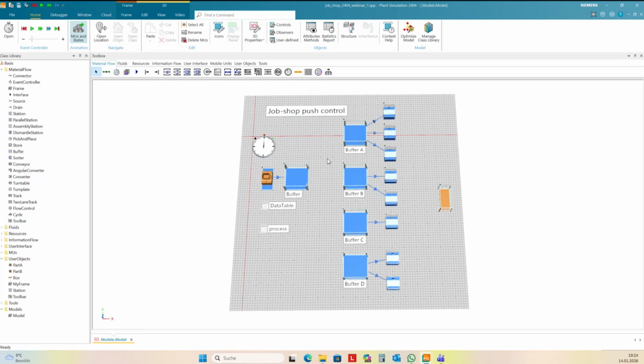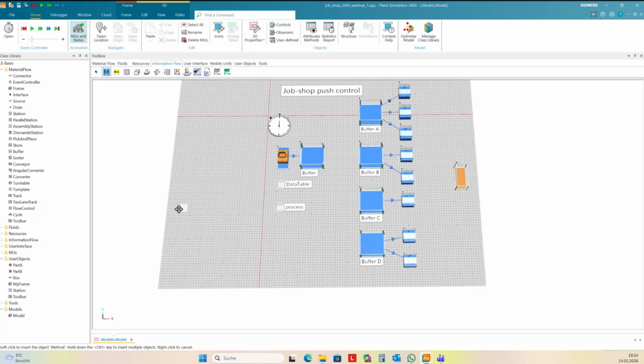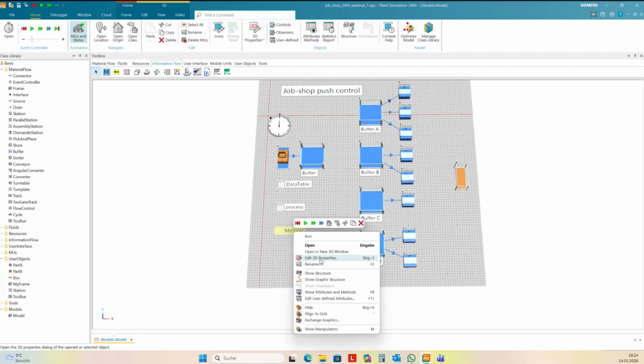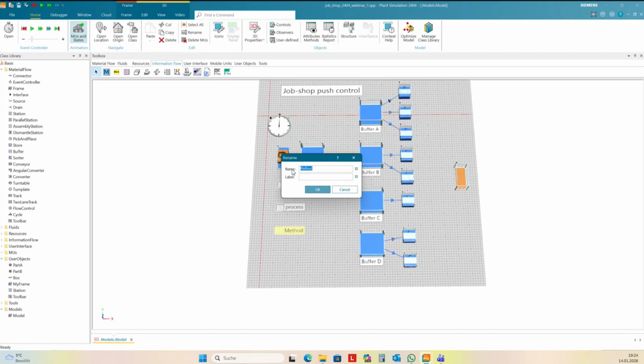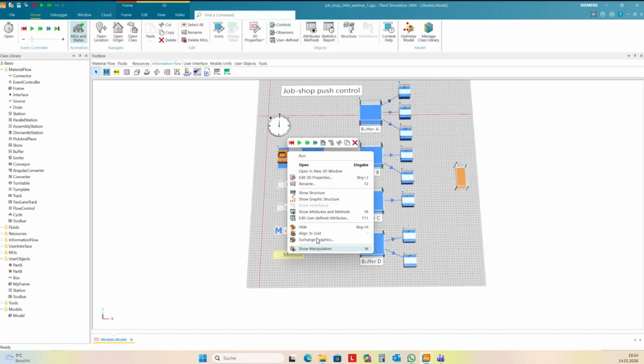And so we need two controls here. We need station entrance and station exit control. I create this here in the frame. Station entrance. And the second one, station exit.